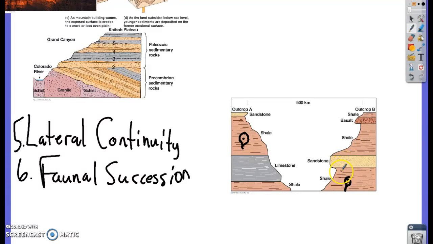We might find other fossils, let's just say a certain kind of clam, and a certain type of clam over here, and then we could correlate those layers and say yes, because in all the different rock layers we found, we've always found these before those, so we would expect that these two match up. Okay, now this is best useful for fossils that